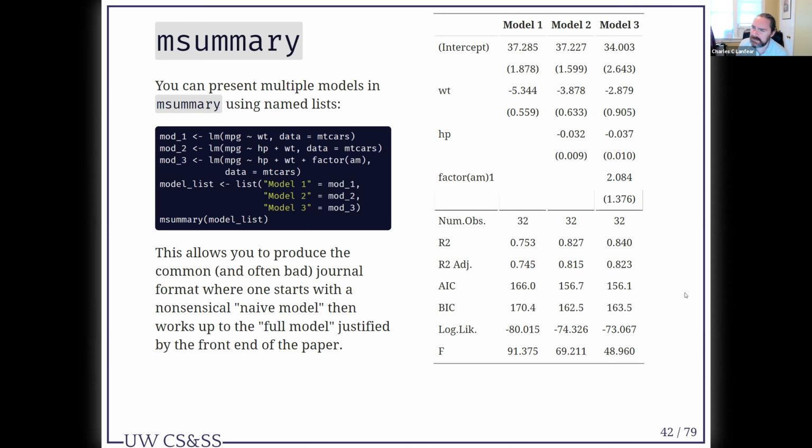This is a bad practice and people should stop doing it because it's completely ridiculous from a causal inference standpoint. If this is the properly specified model, you're essentially saying, oh, all these bad models, what's the point, right? Anyway,